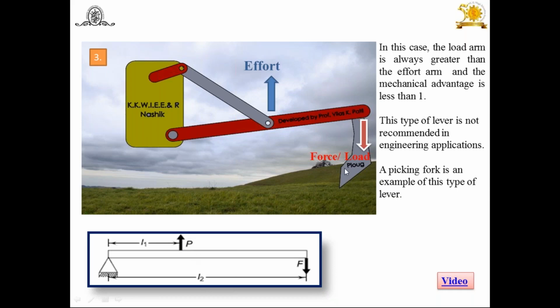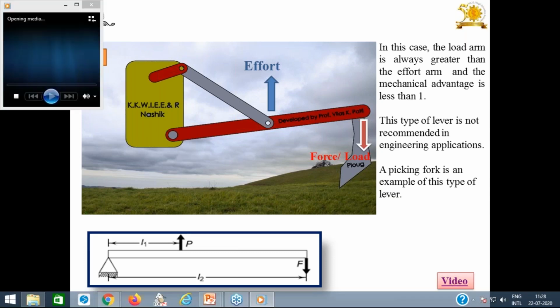To use the picking fork, you will find we are holding somewhere at the middle here, using the thumb also. The load is at the other end. So you will find here, this is the force. You put it somewhere and the hinge or the pivot is at the other end. Look here at the mechanism of this tractor, used for ploughing purposes.